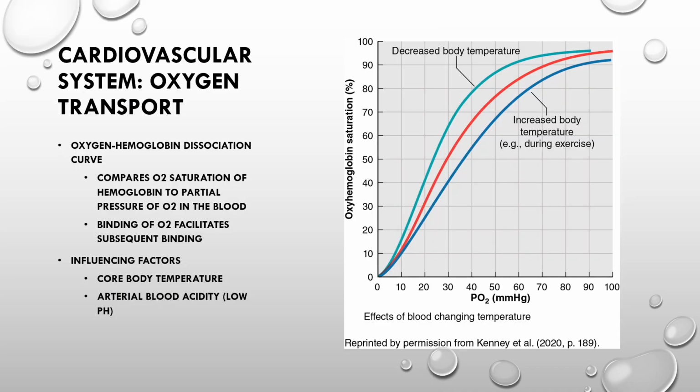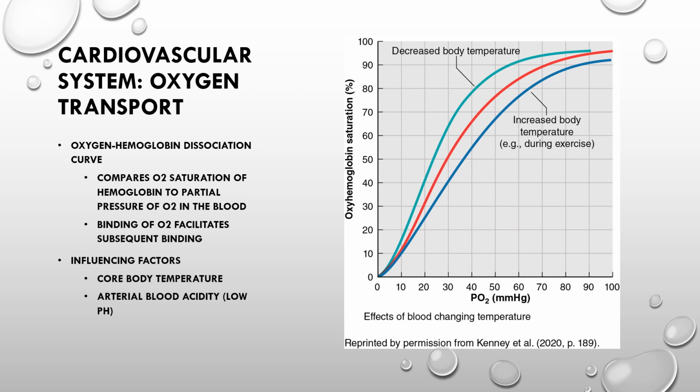And here you can see the shift in the oxygen-hemoglobin curve that occurs with changes in core body temperature. The oxygen-hemoglobin dissociation curve correlates the oxygen saturation of hemoglobin across a range of oxygen pressures. You can see a line that shows the curve for normal adult hemoglobin, or HbA, and the notable points on the curve include